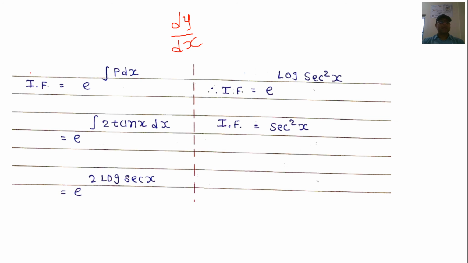So in that case, the integrating factor is given by IF is equal to e raised to integration p dx. Integration is taken with respect to x because differentiation is with respect to x. Put the value of p as 2 tan x, take the 2 outside of the integration, and integration of tan x is log sec x. Now according to the rules of logarithm, this 2 moves to the power of sec, so e raised to log sec square x. Now here the base is e, this is removed according to the rules of logarithm. So you will get the integrating factor IF is equal to sec square x.